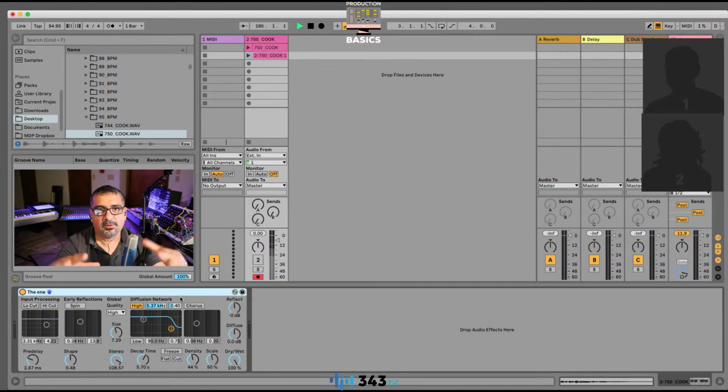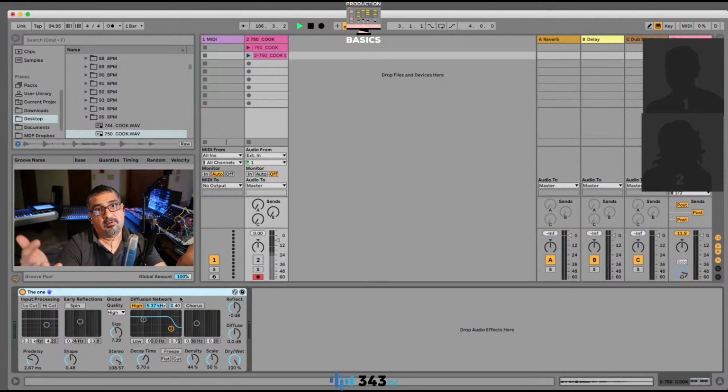You can tweak it a little bit, but you can't tweak it too much. Algorithmic reverb, on the other hand, is very malleable. It's a very cosmetic, awesome tool. It can sound like the device that you're using, and that's why I recommend that you get to know